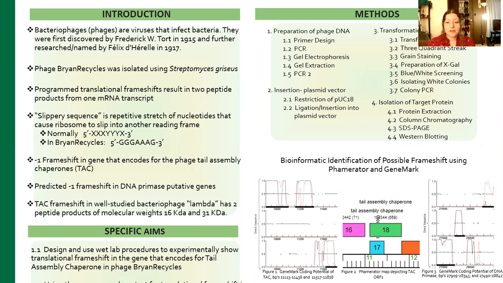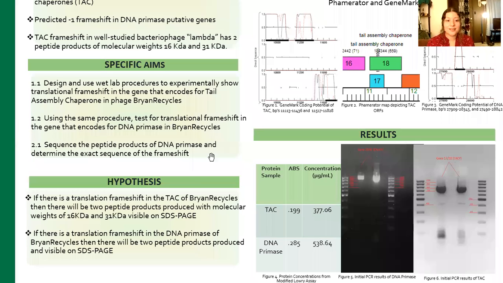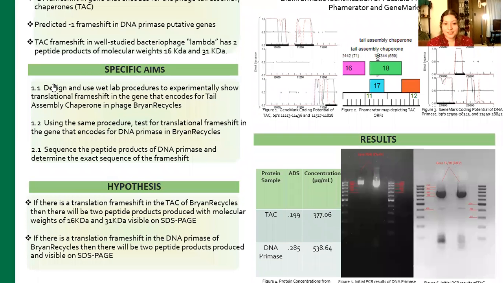So there is a confirmed frameshift in BryanRecycles in the gene that encodes for the tail assembly chaperone, or the TAC gene. There is a predicted frameshift in the DNA primase gene. How can we confirm whether or not there is a frameshift? So we'll design and use a wet lab procedure to experimentally show the frameshift that is in the TAC gene. We'll then use the same procedure to test for a frameshift in the DNA primase, ultimately using TAC as a